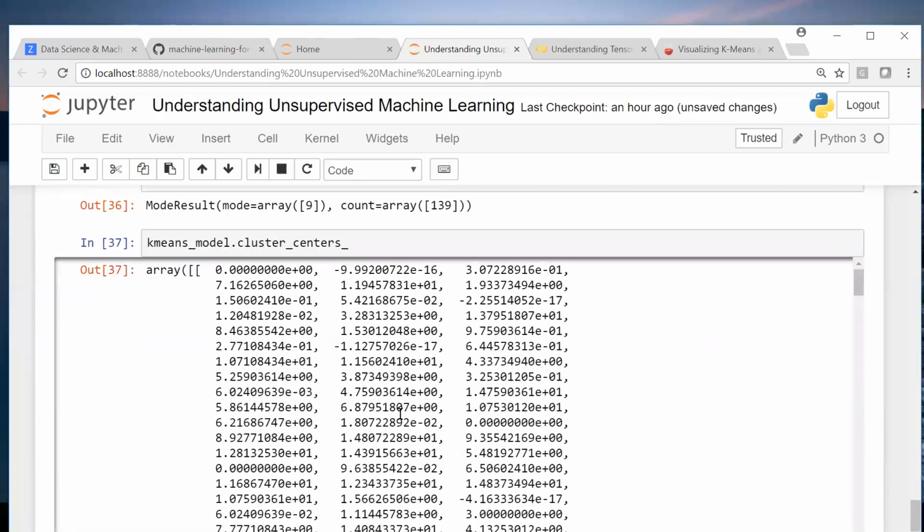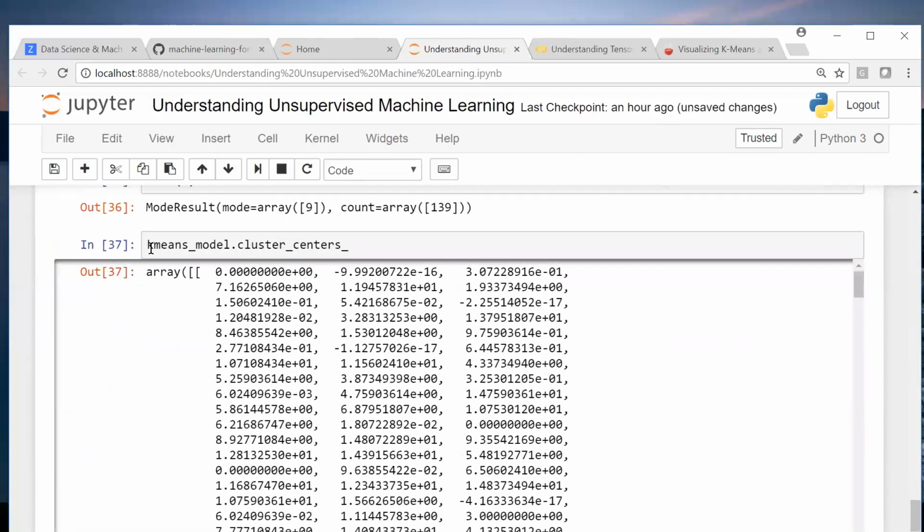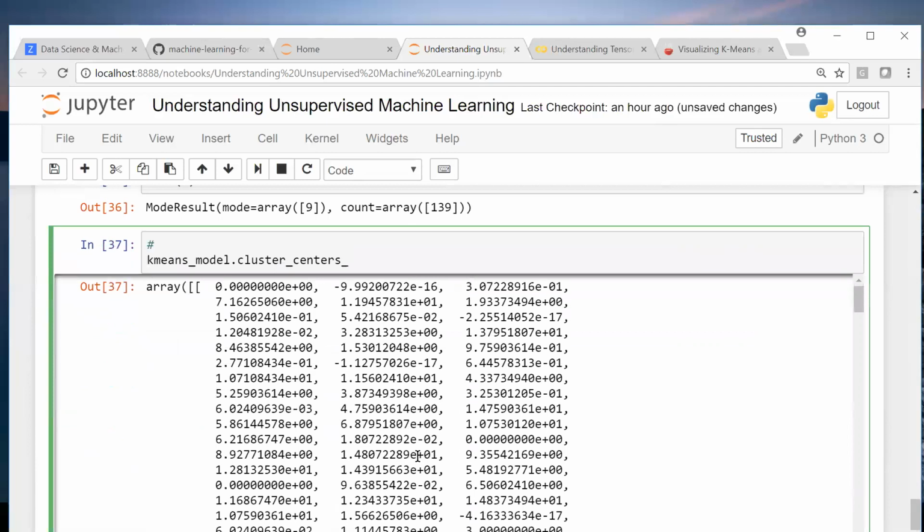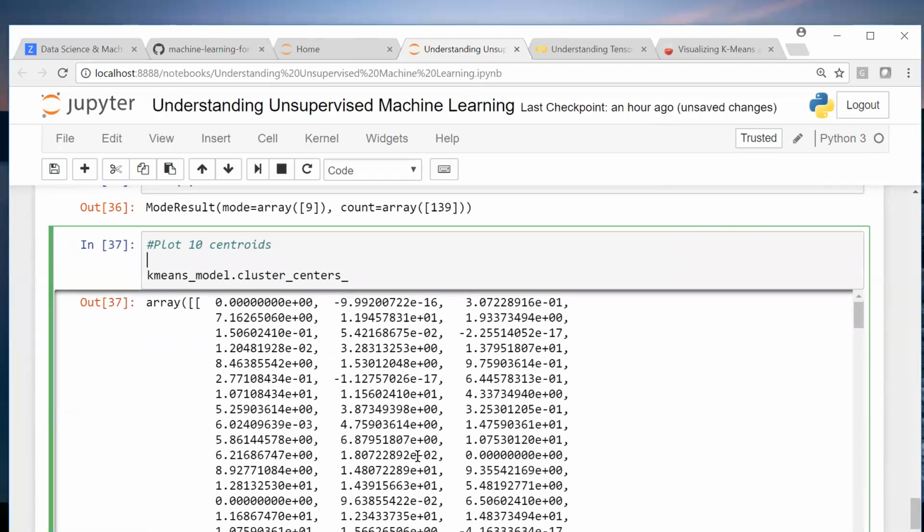I want to plot each of them. So I'll do basically like this. Plot 10 centroids.